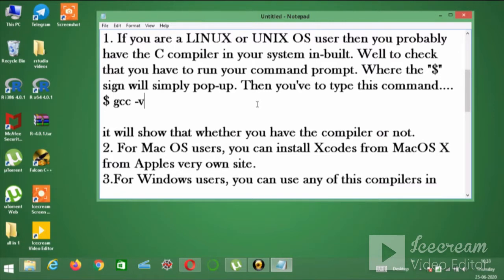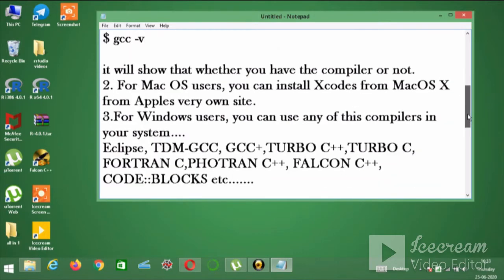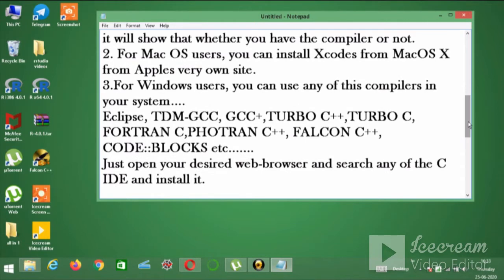Now for Mac OS users, you can install Xcode from Apple's own site. For Windows users, there are a bunch of compilers to choose from: Eclipse, TDM GCC, GCC Plus, Turbo C++, Turbo C, Falcon C++, CodeBlocks, and many more. Just open your desired web browser, search for any C IDE and install it.